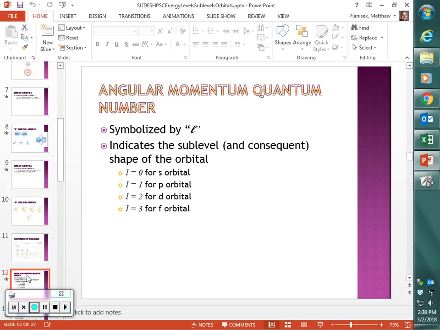Any p orbital, any figure 8 shaped orbital, or double teardrop, is going to get an l value equal to 1. Any four-petaled flower, any d orbital, is going to get an l value equal to 2. Okay? So if we go back to our drawing,